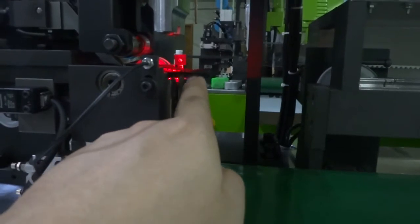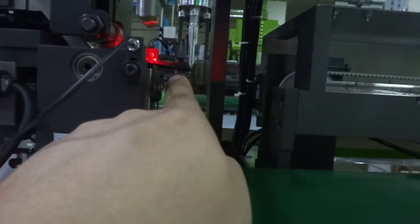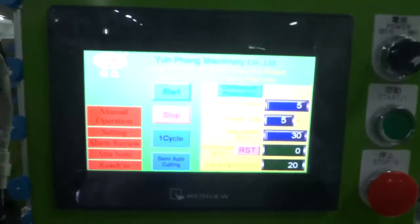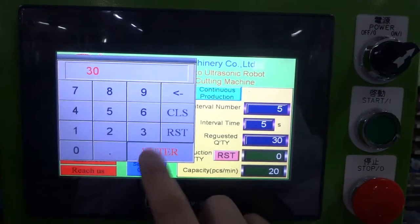And second, you need to make sure the zipper is over the basic foundation, the holding foundation. Otherwise the clip cannot pull the tape. Once everything is okay, please set up the production quantity. Now we set up 30 pieces, and you can close the cover,